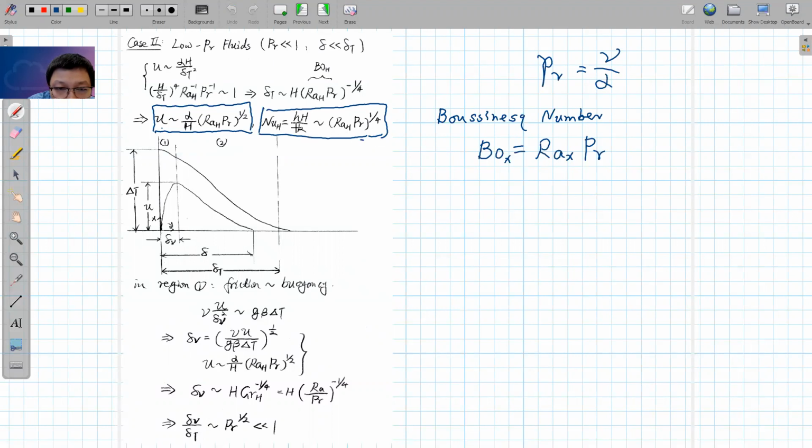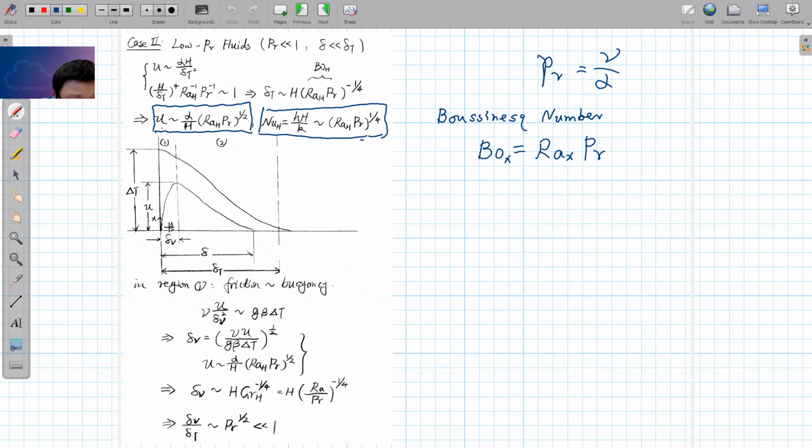You can derive that the Nusselt number is the Rayleigh number times the Prandtl number. You can also write this as a Boussinesq number. This can also be read as a Boussinesq number. Okay, so with this velocity result and this thermal Nusselt number result, we can also draw the profiles